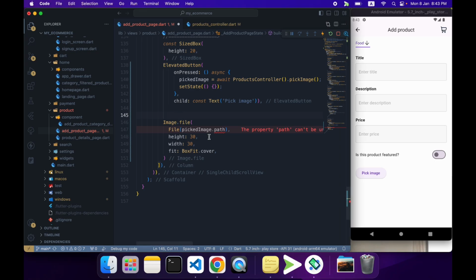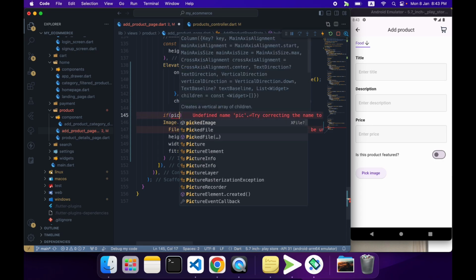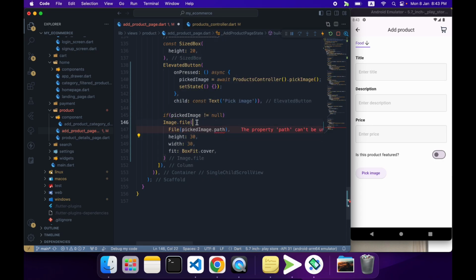So we have to write a condition like this: if pickedImage is not equal to null, in that case you show this, meaning if the user picked something from the gallery, in that case you only show this right here. Now I can make it not nullable right here with this sign, because we have written a condition that it will only show when user picked something. Okay,